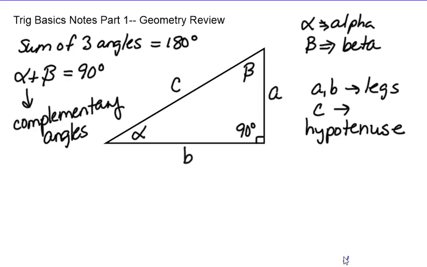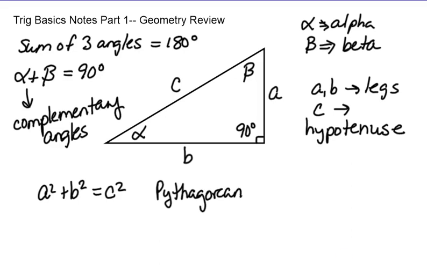You might also recall that if two angles have a sum of 180, they're called supplementary angles. The last thing we need to know about right triangles is that a squared plus b squared equals c squared. The sum of the squares of the two legs equals the square of the hypotenuse, and this is known as the Pythagorean theorem, which is a theorem that we will be using over and over and over again this year